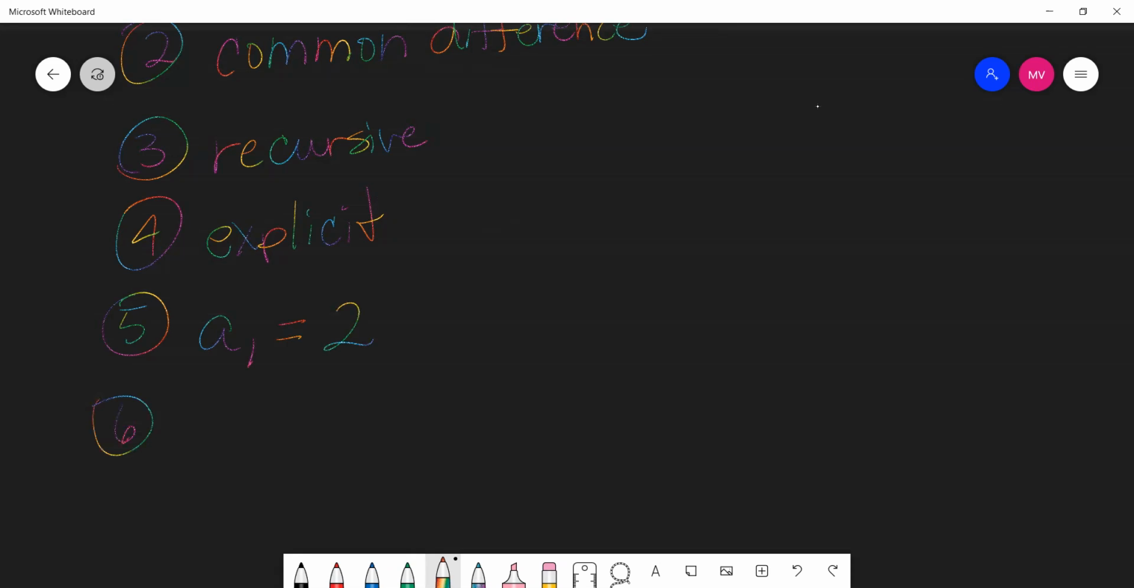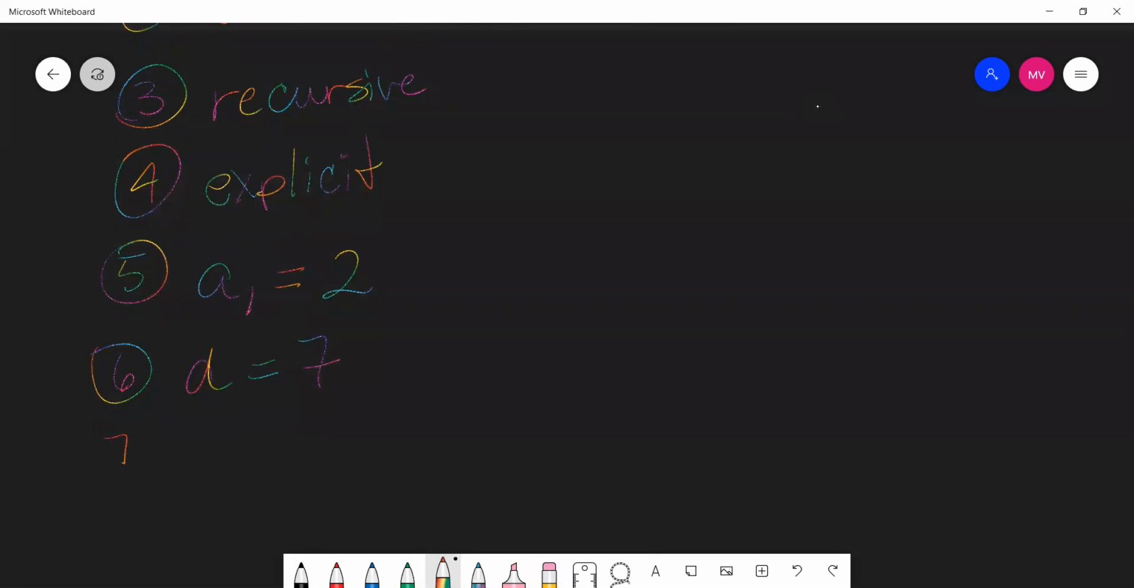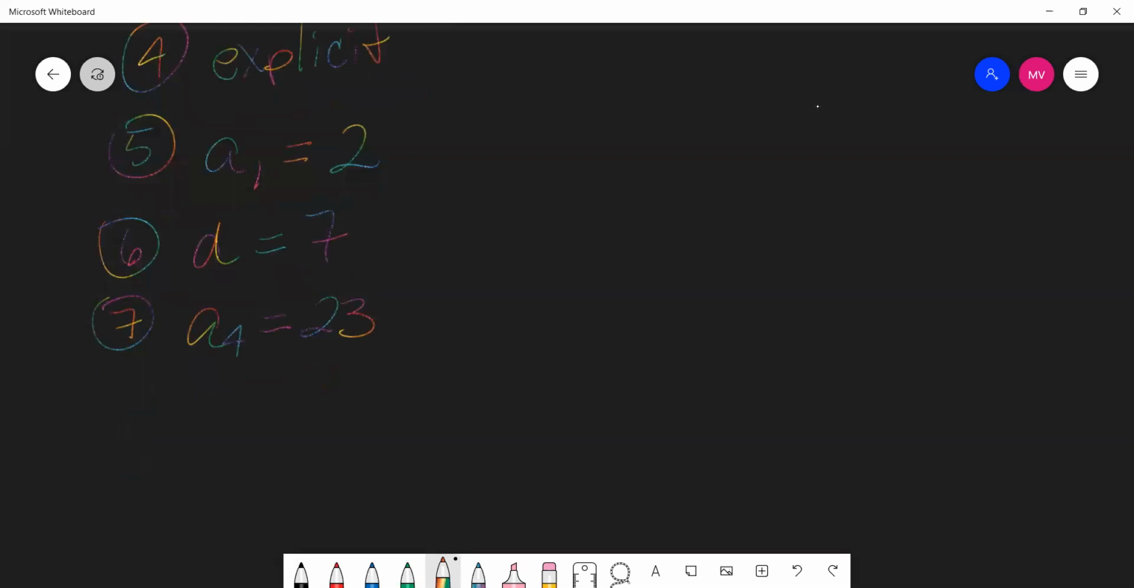Number 6 asks you to find D. Well, the difference between all of these, so the difference from 2 to 9 is 7. You can double check the other ones, but the difference between 9 and 16 is also 7, 16 and 23 is 7, and so on. And then number 7 asked you to find the term at position 4. So 1, 2, 3, 4. You should have seen that was 23. They gave that to us. And then they asked us